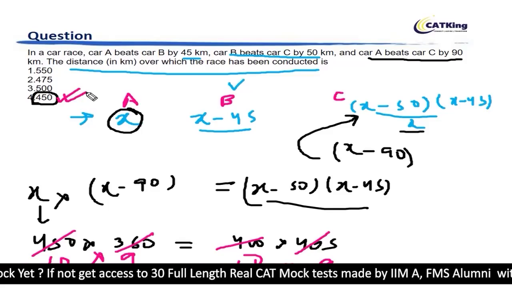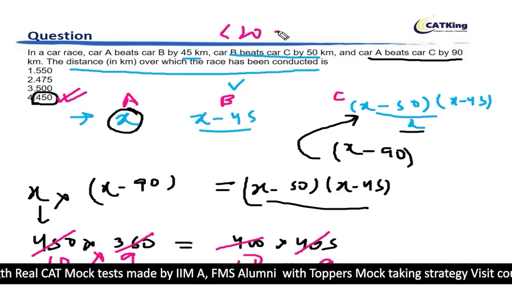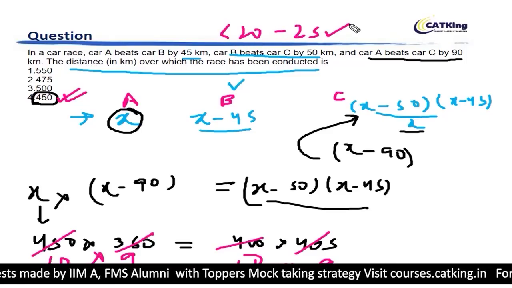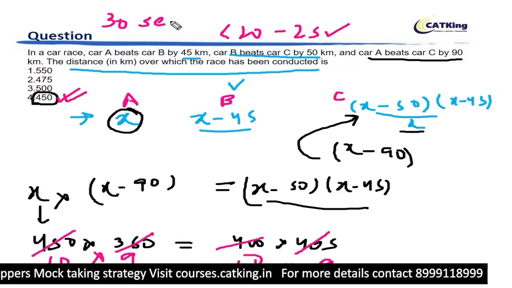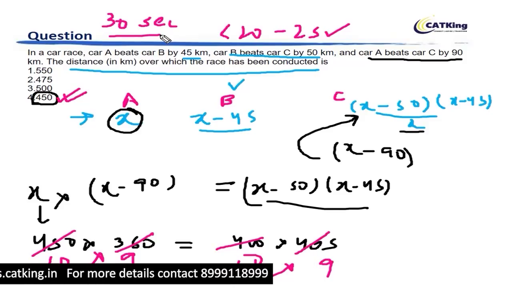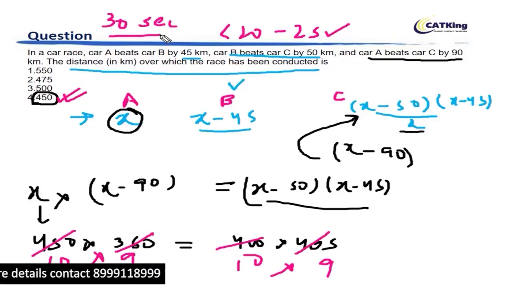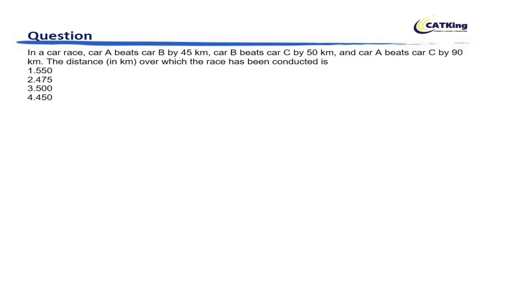Now let's move on and see the next question. This question, by the way, should not take you more than 20 to 25 seconds. 20 to 25 seconds is ideally a good amount of time. Even if you take 30 seconds, it's all right. The question is worth solving. Also, you may have seen similar questions in CAT. So try and solve as many questions of this type as possible. You will find this in all the books that you refer. Okay. So a very good question from time, speed, distance and races basically. So let's move on and see the next question.